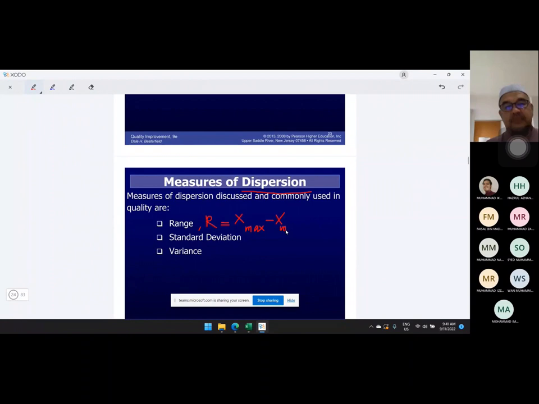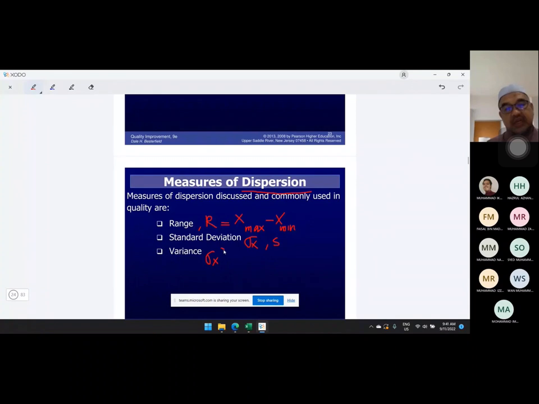We can have population standard deviation, and then we have sample standard deviation. Either this is sigma x, we also have sample standard deviation S,